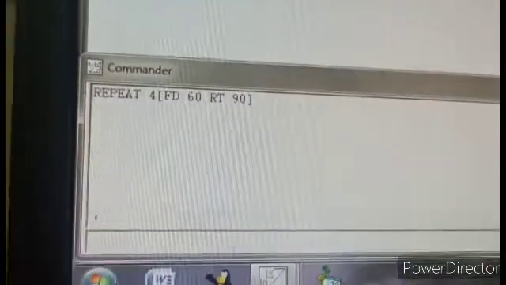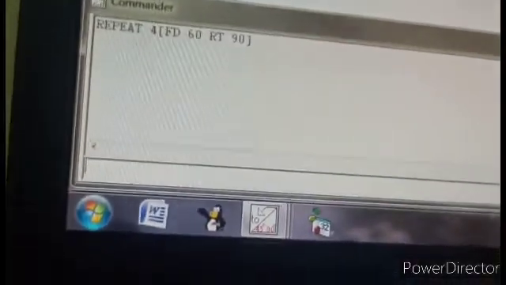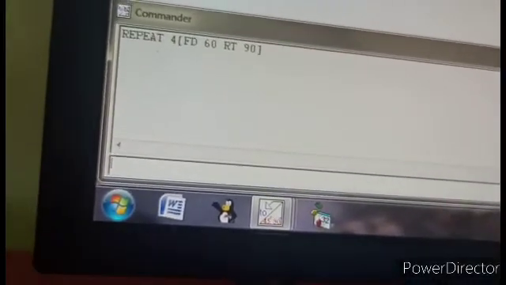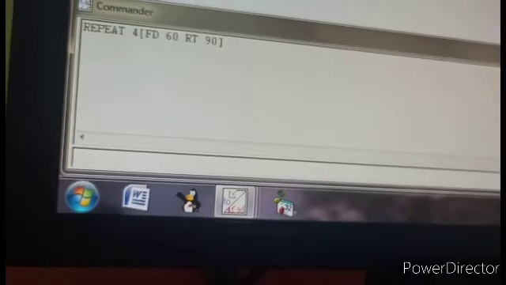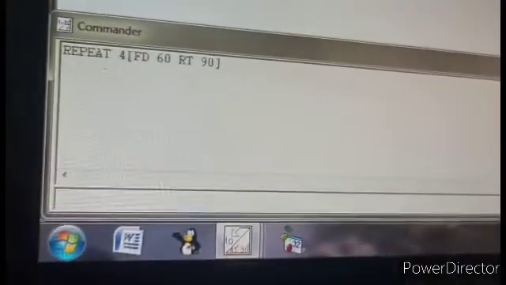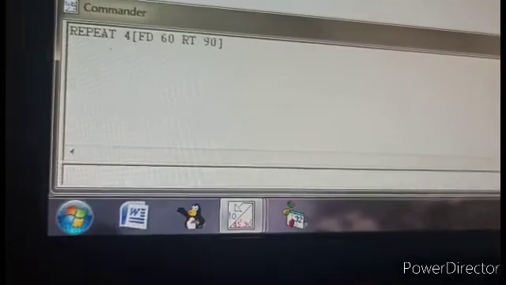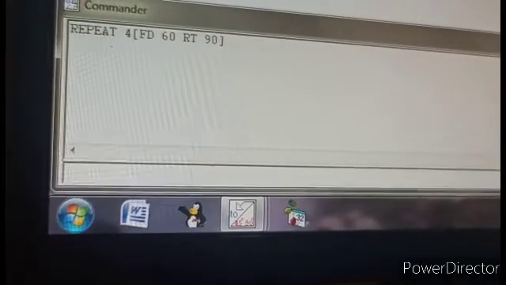See, by typing one time with the repeat command the shape has come. Previously I had to write the command 8 times, FD and so on. Here only once, so the repeat command is used to minimize our work, and it is much easier to write this way.